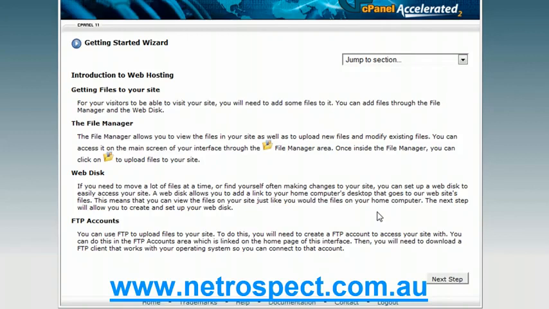There is an excellent feature called Web Disk, and this allows you to load a particular plugin into your local PC, your office PC or your home PC or whatever you're accessing the control panel with. And what it does is it basically allows you to drag and drop files just like you would in Windows or on the Mac,